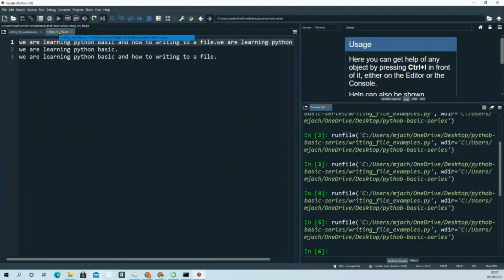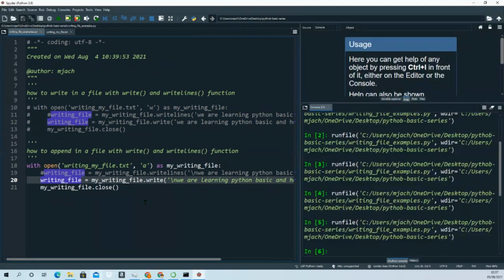So this is how you can write to files, and this is very straightforward. I hope it will help